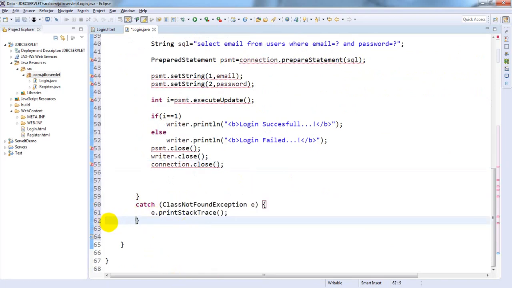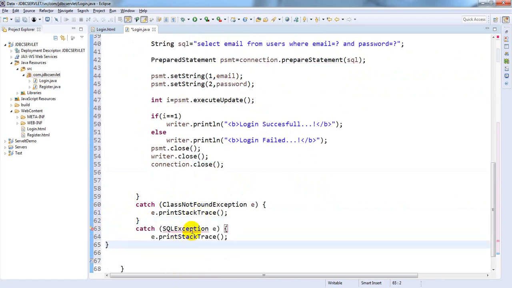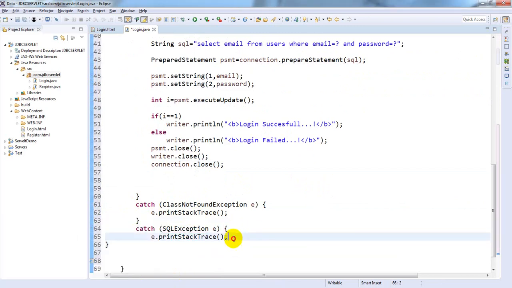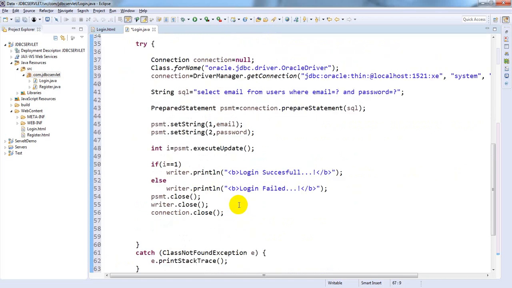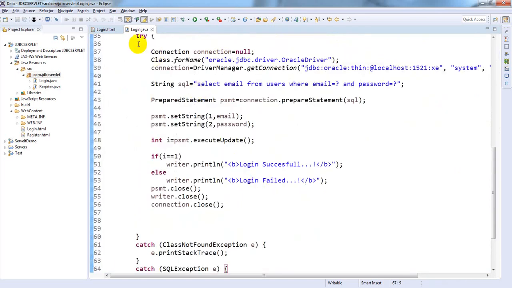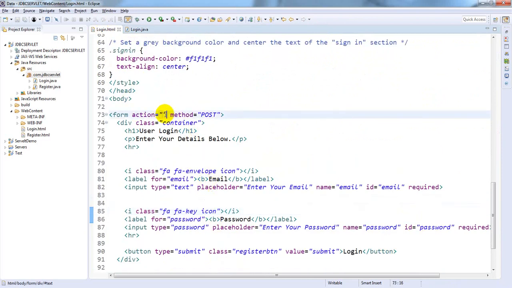Next one is SQLException, which is available in the java.sql package. Okay, now everything is fine and there are no errors. Go to login.html and give the URL of this servlet,